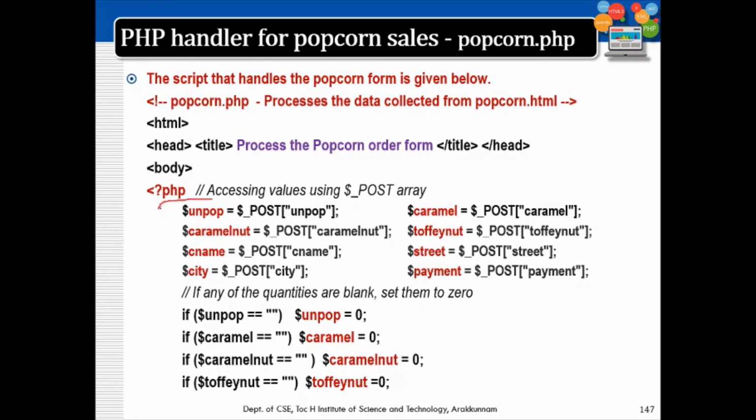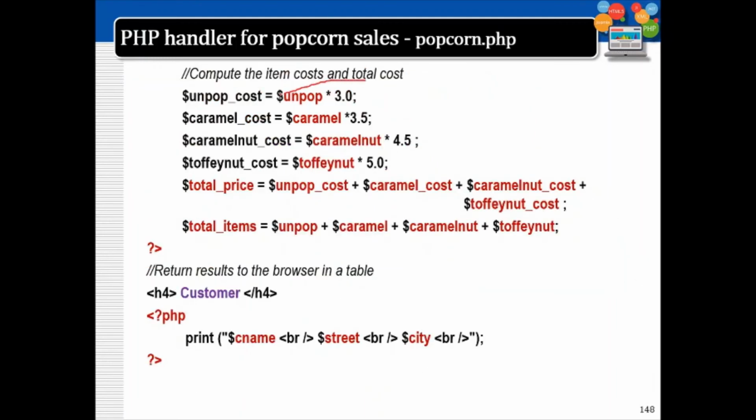What happens here is we can access all the variable names using the $_POST super global. One by one you give the names of the given input elements, form elements, and you can access the values, and all the values can be used for calculations accordingly. I'm just calculating the total cost by multiplying with the given cost, and the total price is calculated, and finally it is returned back to the user. I'm using a print statement to write the customer details. So the heading is given as customer and I'm writing the customer details.